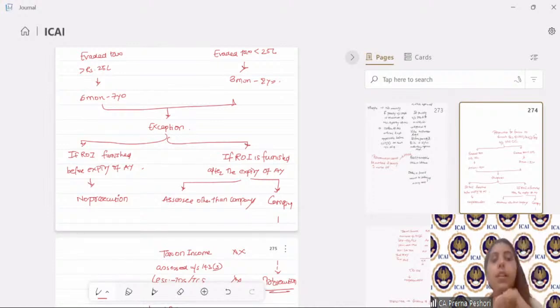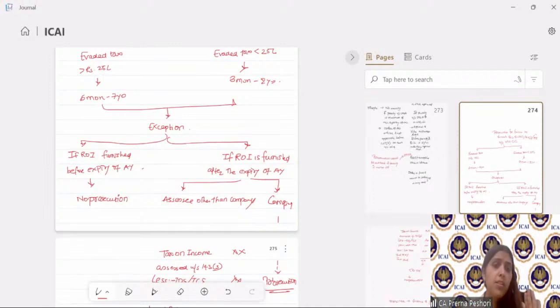Okay. Second one is the representative assessee. So if there is a death happening, then it is going to be legal representative. Then the second case is of the representative assessee. Now, representative assessee are different from the legal representative. Legal representative is basically the one who is legally inheriting the estate from the deceased. Representative assessee is created by the law, a person who is going to represent the other assessee. So legal representative and representative assessee are not one and the same.